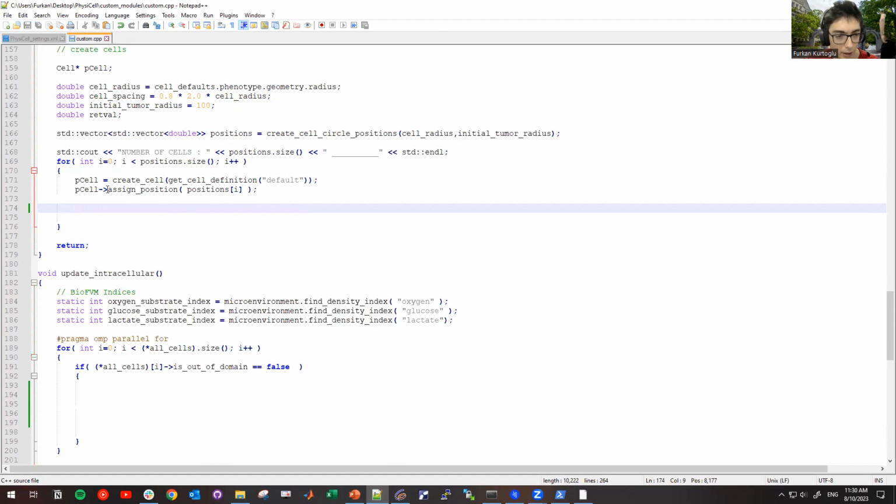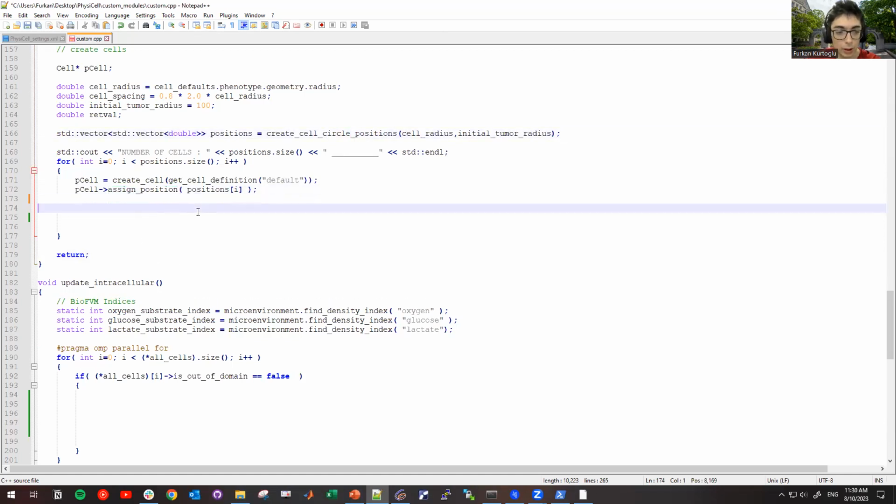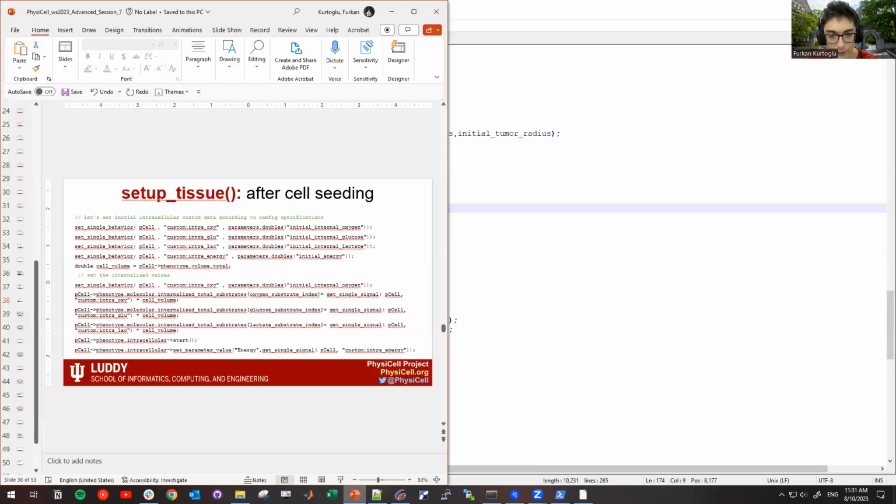Then we are assigning the position based on the calculated cell circle positions. Now we need to seed, and while we are seeding the cells, we need to add the